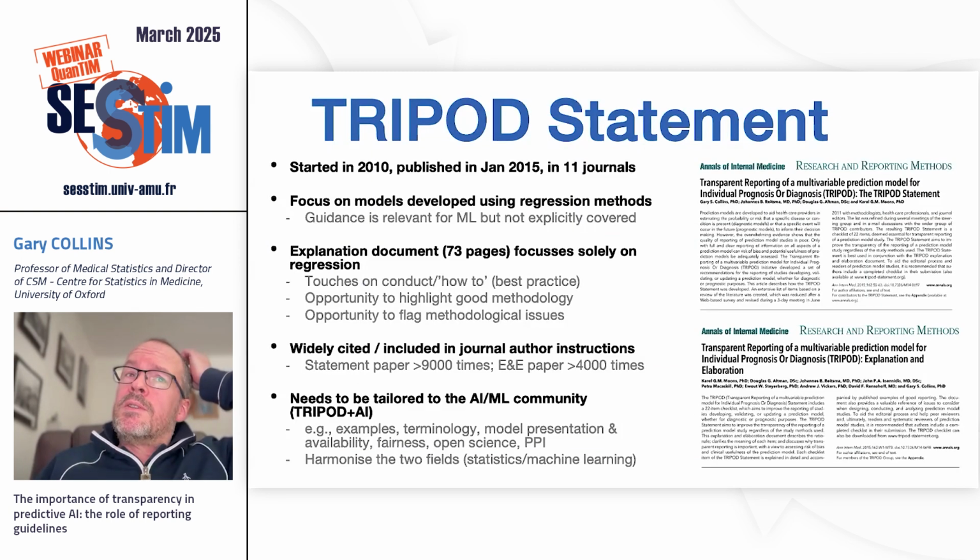So there's no point us moaning about this all the time. Can we do something to try and fix this? Can we try and provide a solution for authors to improve the reporting of prediction models in the healthcare literature? So back in 2010, we started the TRIPOD initiative, and this was a reporting guideline primarily focused on